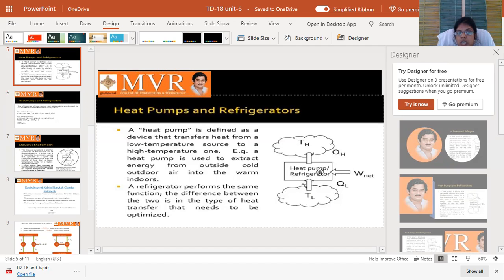And for a heat pump, we want to extract energy from outside cold air to warm indoor air. So for a heat pump, the desired effect is TH. So for a refrigerator the desired effect is TL and for a heat pump the desired effect is TH. That is the main reason. After that, the procedure of a heat pump or refrigerator is the same. Okay,